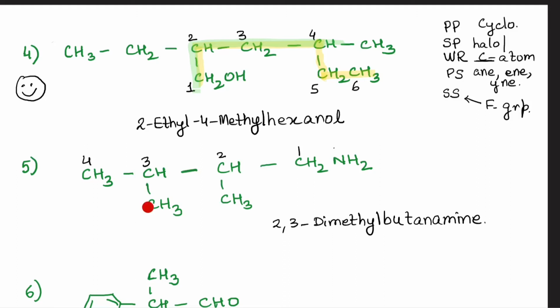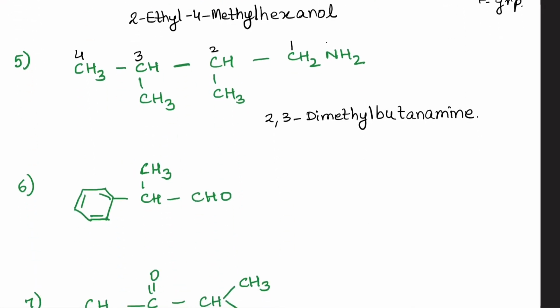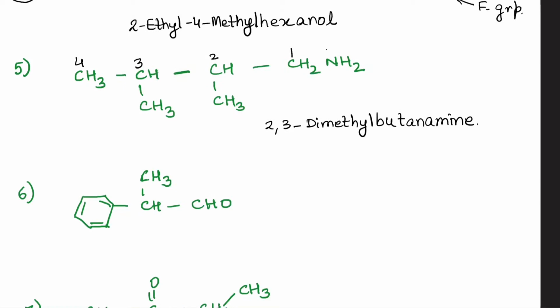So in the prefix, we get here methyl and a methyl. So one is at position number 2 and the other at 3. So 2,3, and there are 2 methyl groups. So don't forget the di over here, dimethyl. Butane, because it's a saturated compound, and amine is the secondary suffix. Right. Okay. Good going so far. Now question number 6. Again, if you notice, the confusion is whether this is going to be my parent or this is going to be my parent chain.